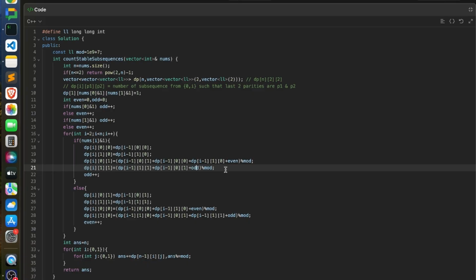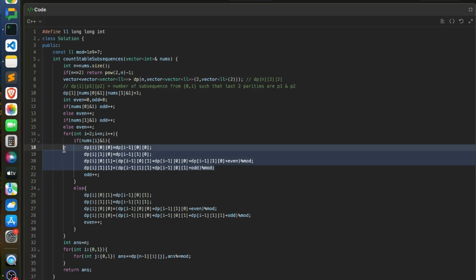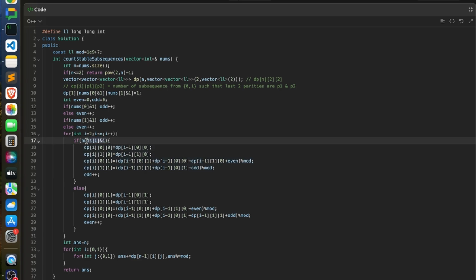Like you can make a valid subsequence of two numbers, such that the last number is this number a of I, and the previous number could be any of the odd numbers. And if this current number is odd, just increment odd plus plus. Exactly the same for even, just the vice versa case. So since my current parity is 0, I would like to build 0 1 and 1 1. I cannot take this number, so this is simply going to be I minus 1 0 1 and I minus